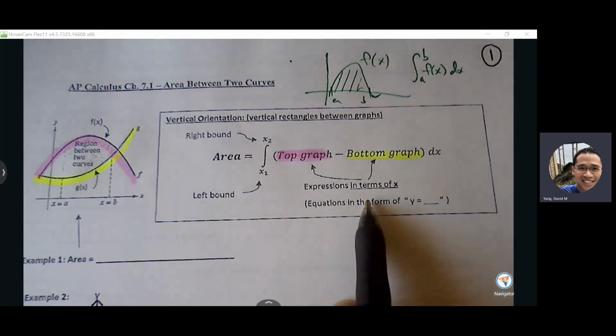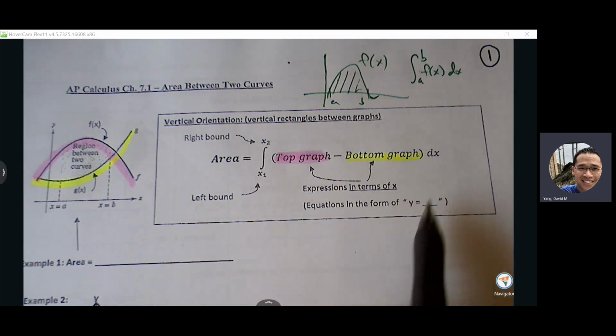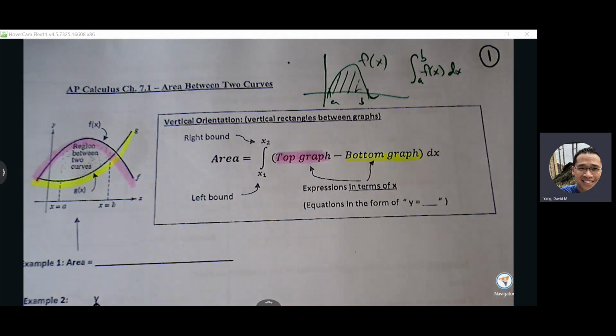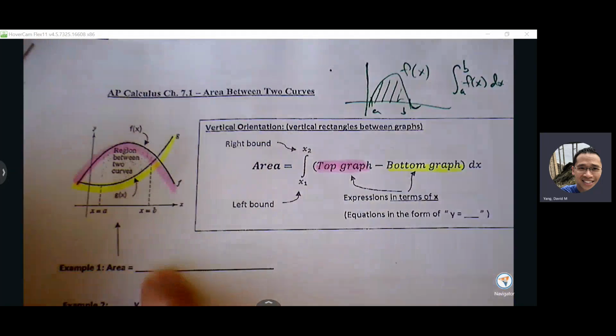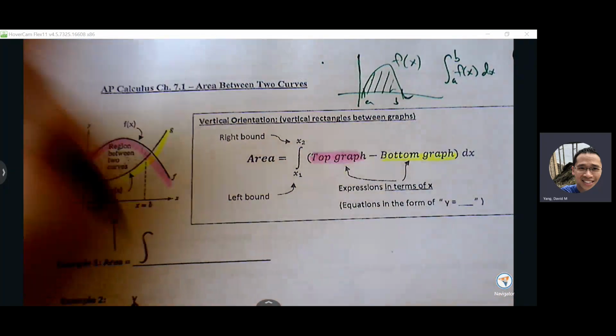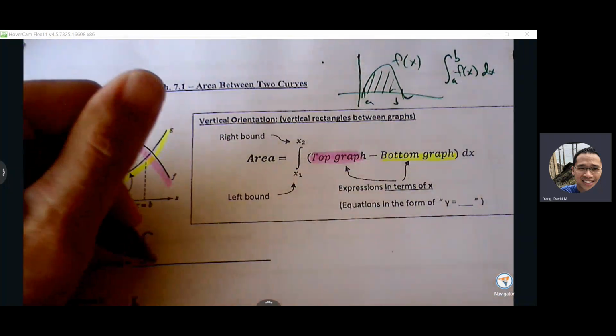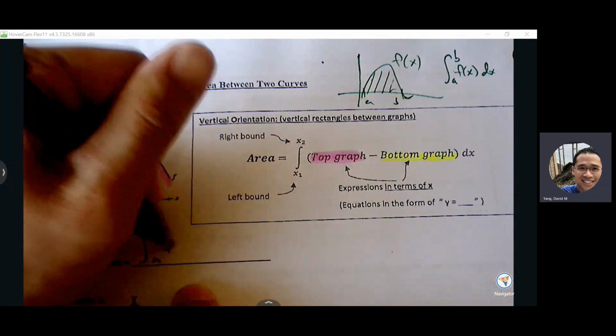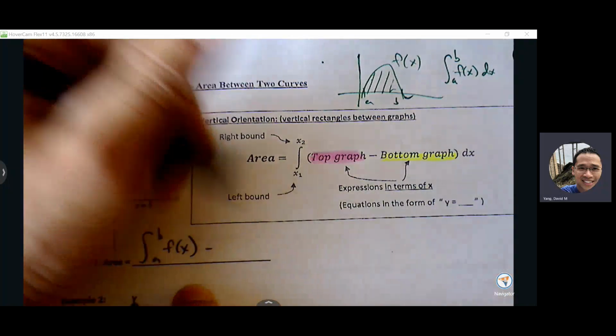Now the equations will take on the form of y equals. Whatever you see on the right side of that equal sign is what you insert into the graph. Okay, so again, area formula. For this example, we will say the definite integral from a to b. Top graph is our f of x. Bottom graph is our g of x